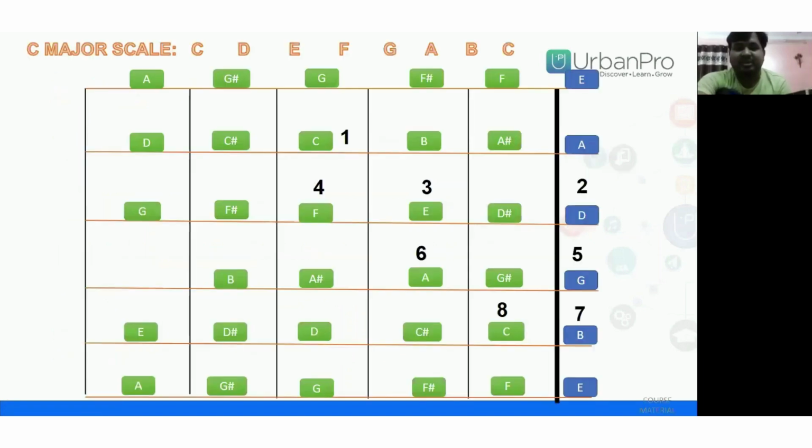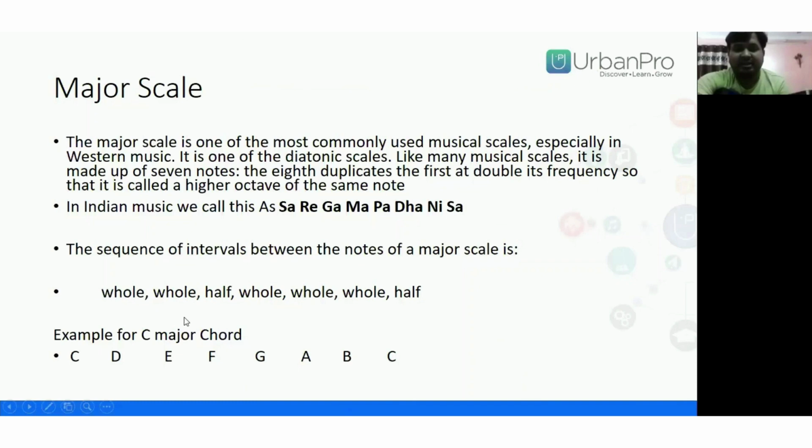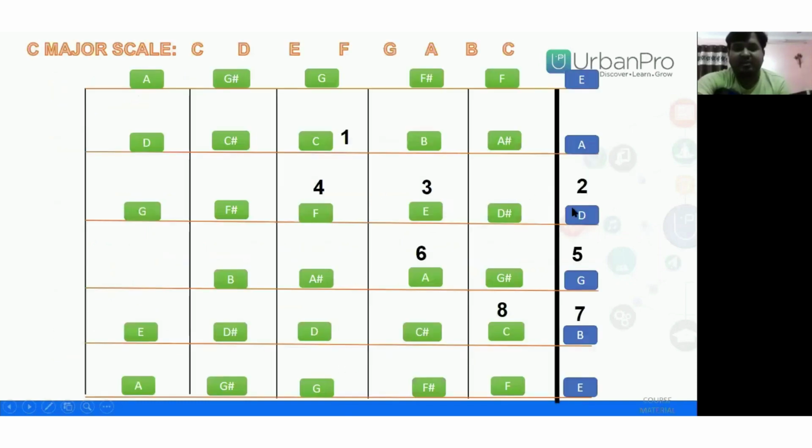Okay, now here, same thing I have explained. In order to form the notes written here, like the C, D, E, F, G, A, B, C, same thing you can form starting from the A string. I know from A, if I go to the third fret, I will get the C. Then after C, I need to take the D, so I'll play open D here, second note.